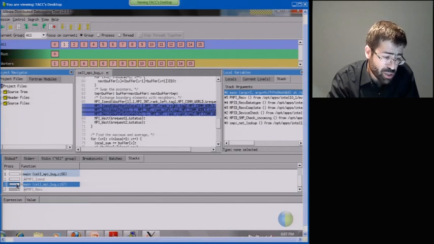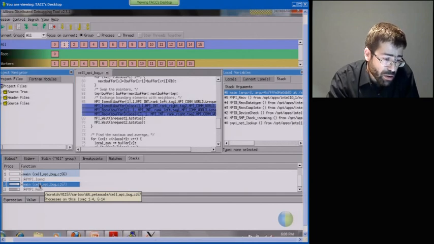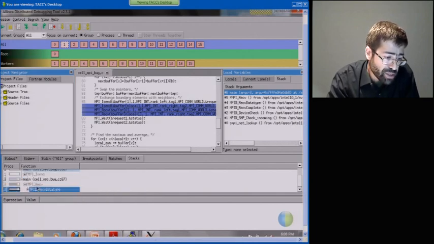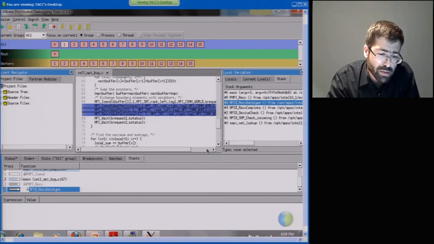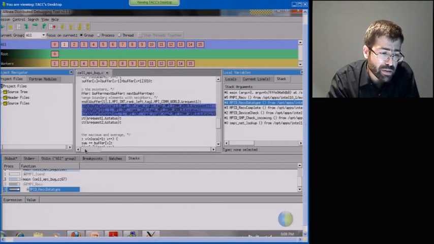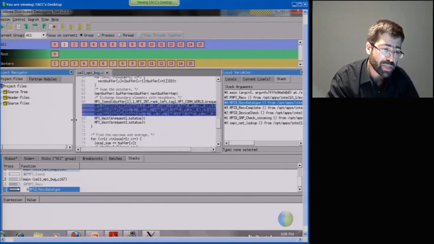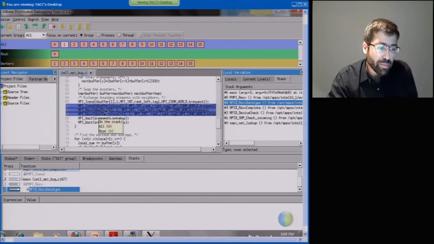I have a bunch of processes stopped at line 67, and that seems to be an MPI receive. So there seems to be some problem in this line 67 with an MPI receive. So let's go to that line 67. And I'm having a bit of trouble because this screen is a lot smaller than I'm used to. Okay, so we're here, line